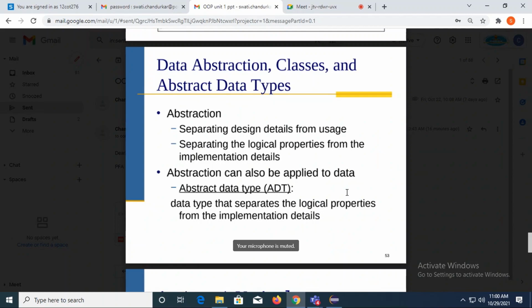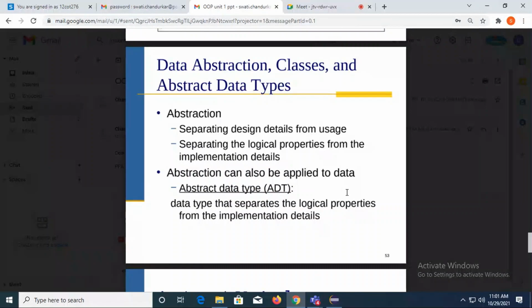The structure of the class you are writing is nothing but an abstraction. You are making some part private, that means you are hiding the important data, and you are making some part public, which is not important, that you are showcasing. So this is nothing but data abstraction. So the question is, can I say that class is an abstract data type?